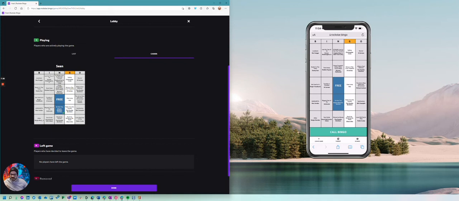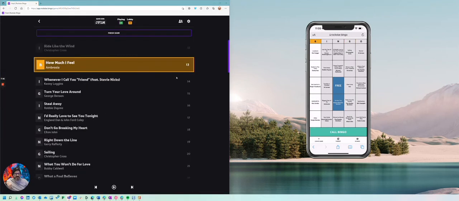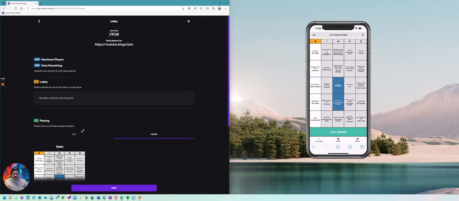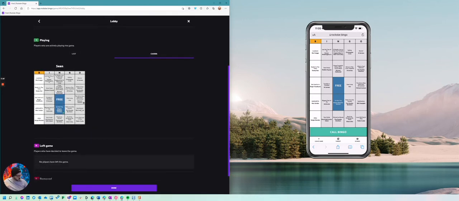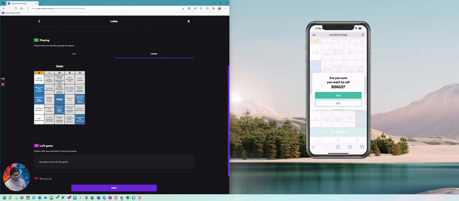So what I'm going to do here is pause for a second. Okay, I jumped ahead here and played to song 13. So let's just check on my card and see how I'm doing. Looks like there's another one, The Girl Is Mine. Actually, I'll collect a few more just to show you. So anywhere it's red, or those songs I have are incorrect, I'm going to call bingo just so you can see the experience of what happens if the bingo is wrong.